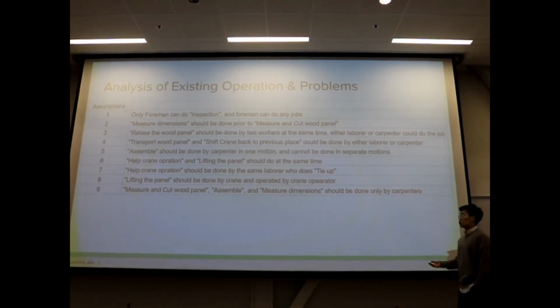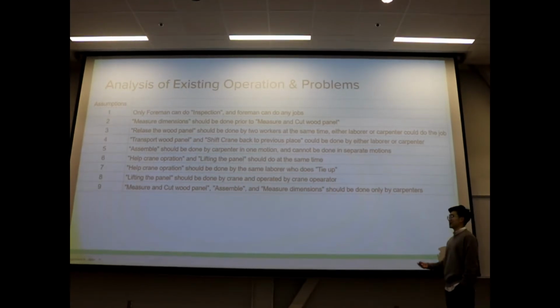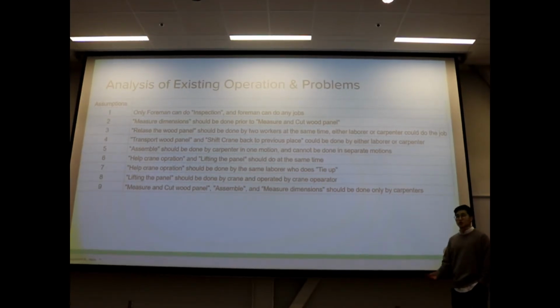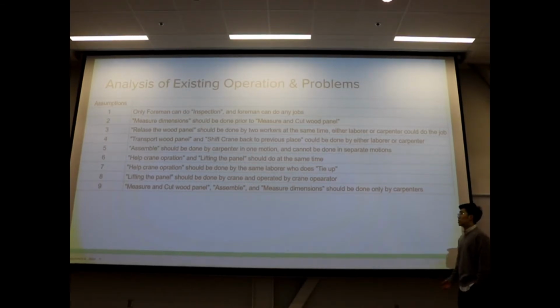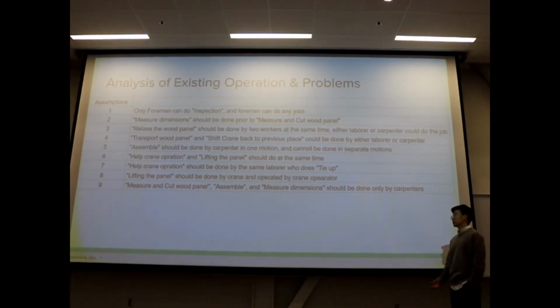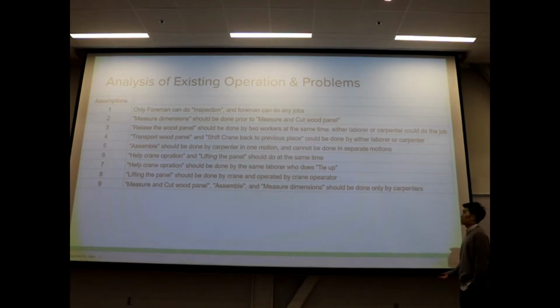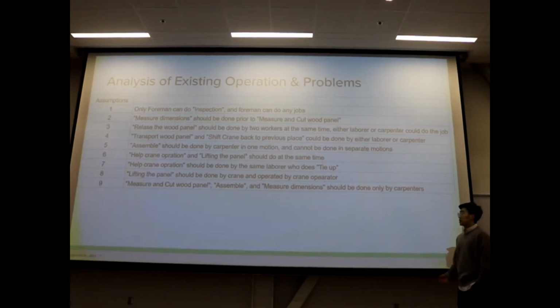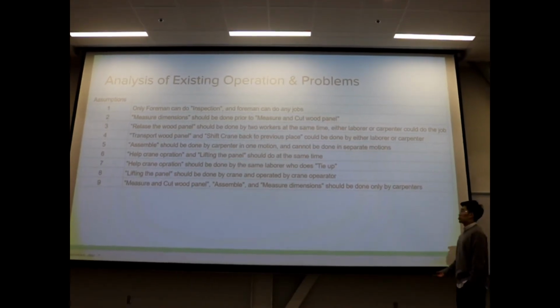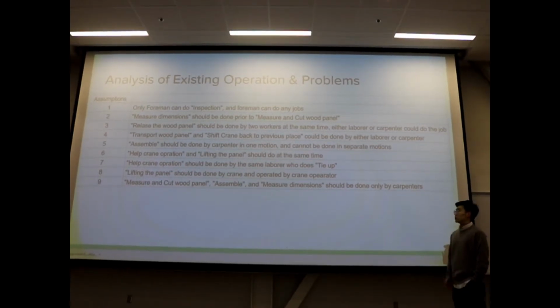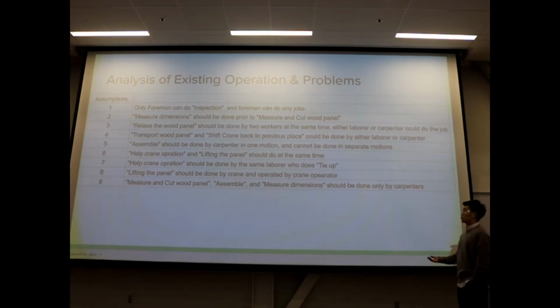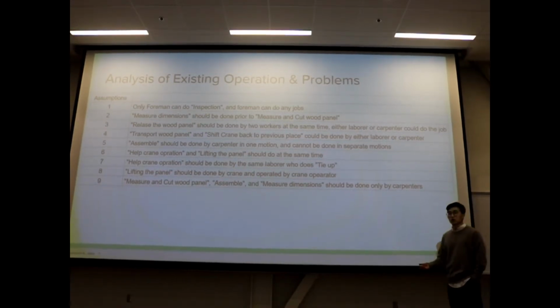Before we create our crew balance charts, we make 9 assumptions based on our observations on the job site. The first one is only foreman can do inspection job and foreman can do any other jobs. Second, measure dimensions should be done prior to measure and cut wood panel. The third, release the wood panel should be done by 2 workers at the same time, either by a worker,